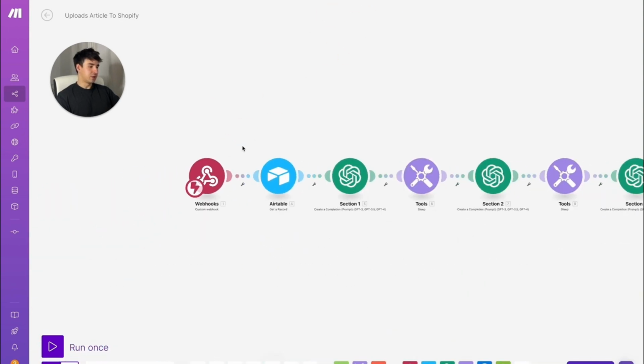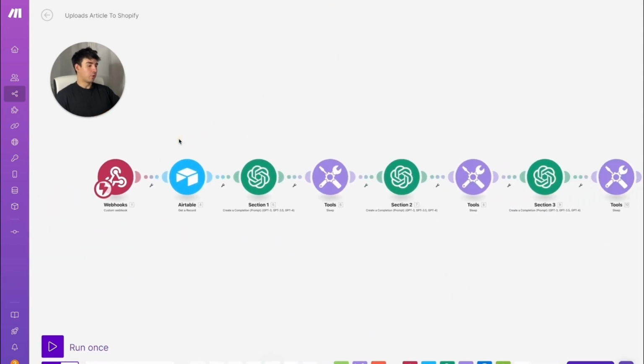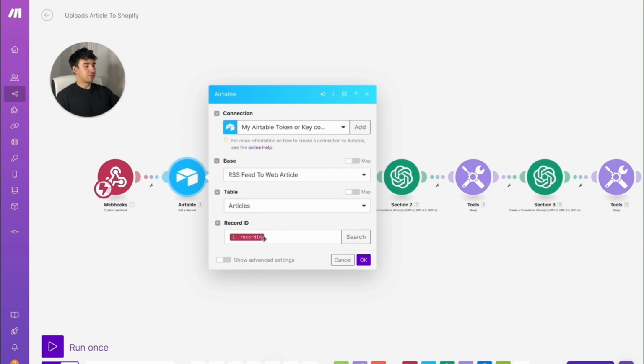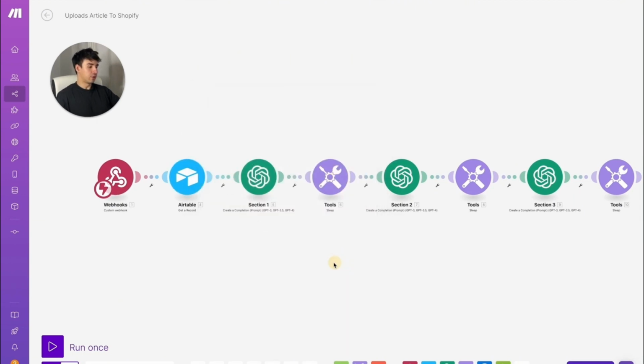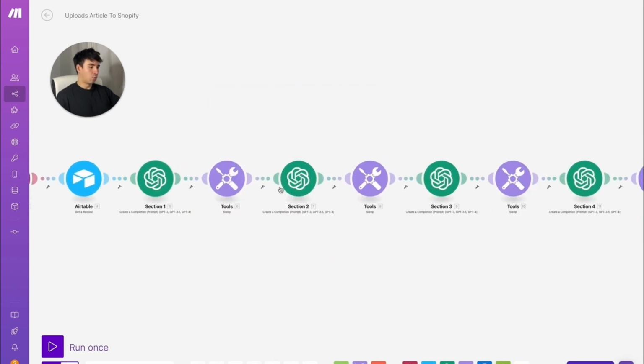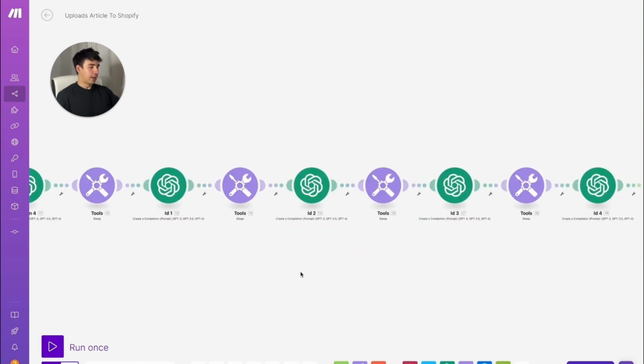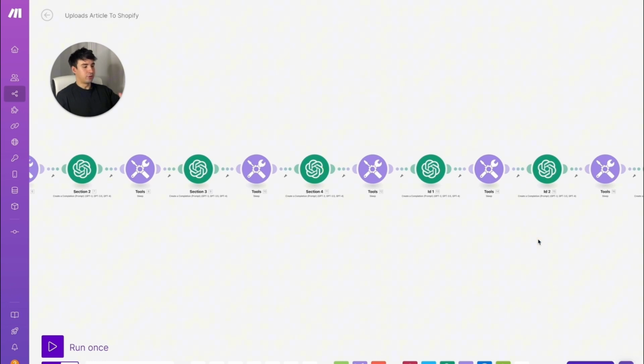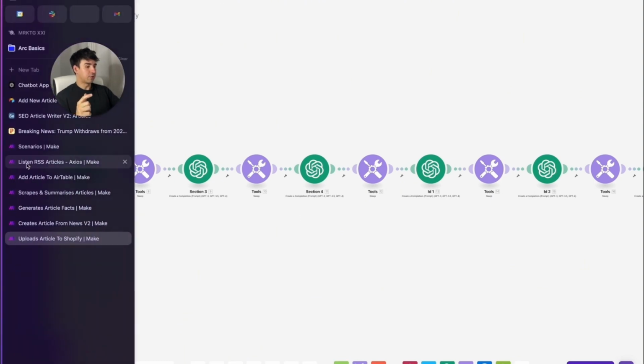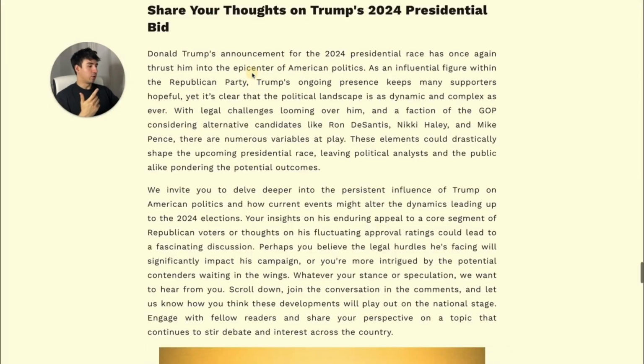So as you can see here, this scenario basically starts with a webhook, okay? That we're going to use to obtain all the information from that specific record in the articles table, okay? Then here, as you can see, we have a total of 1, 2, 3, 4, and I believe there are 8 OpenAI modules, okay? And all these OpenAI modules, the first talking about the sections, and then the other ones talking about the ID, are going to help us to obtain an index with hyperlinks like the one that we have over here, where if we click, we go to the specific section and consequently offer a way better user